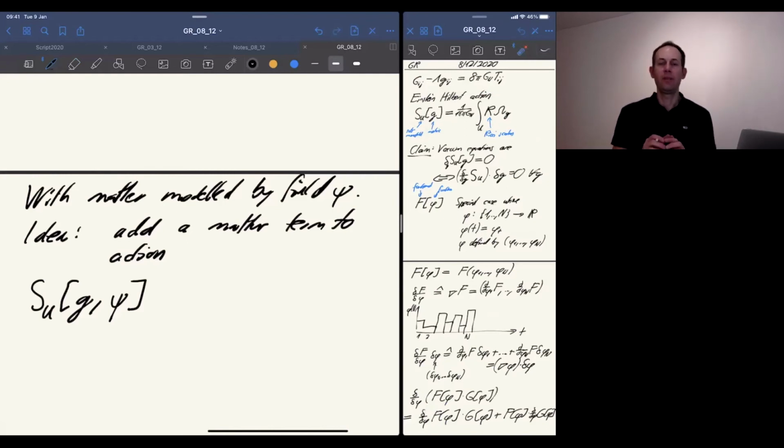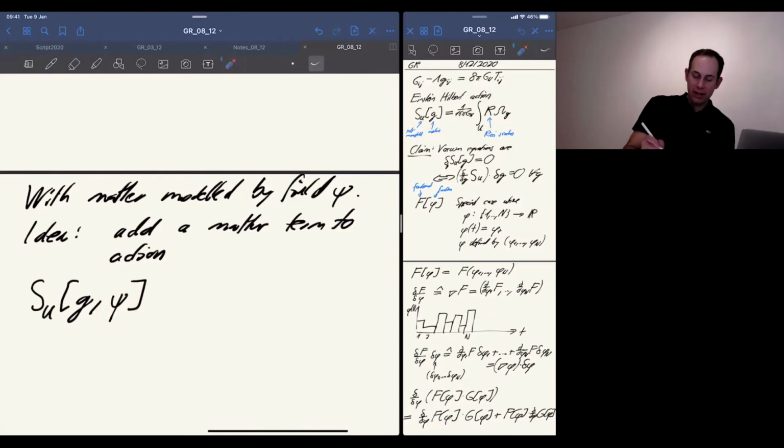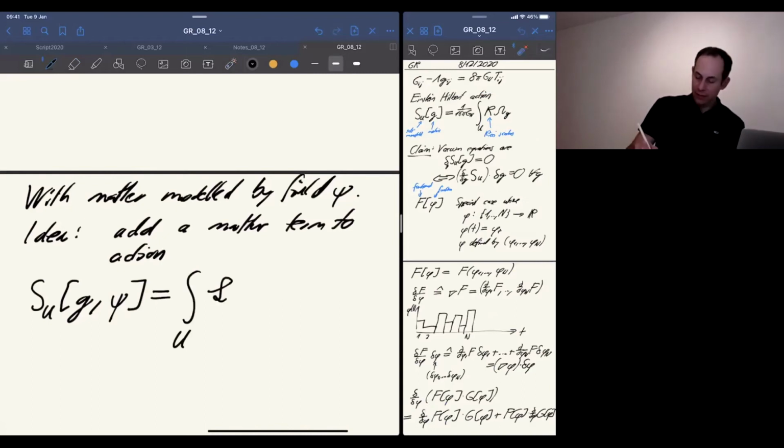I think I told you that matter in general includes radiation matter, and radiation matter is really the matter that consists of the electric and the magnetic field. So one special case will be to take an action term which includes the electromagnetic field. But in the general form, we will just write down a so-called Lagrangian density, which depends on the metric, on this field, and potentially on derivatives of the field.